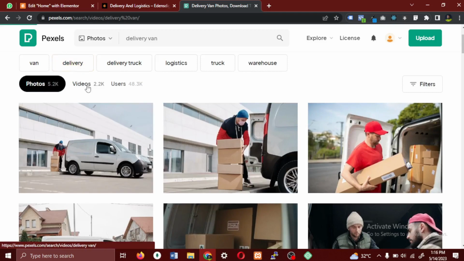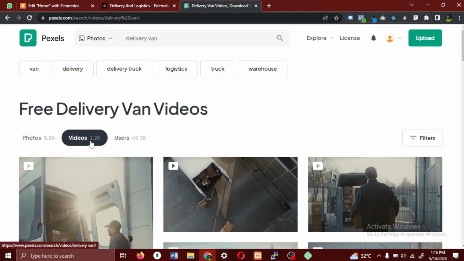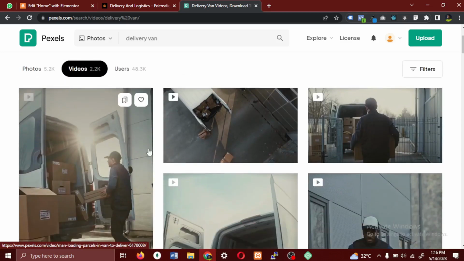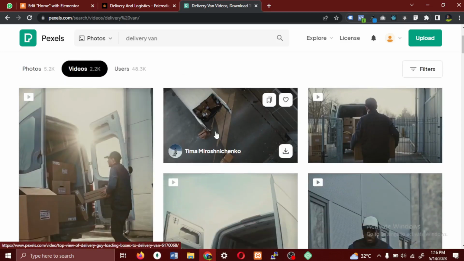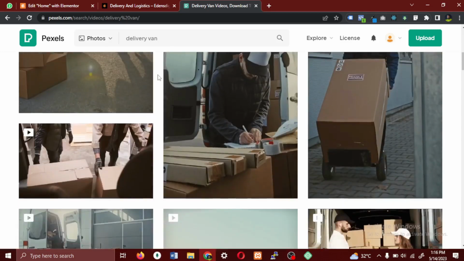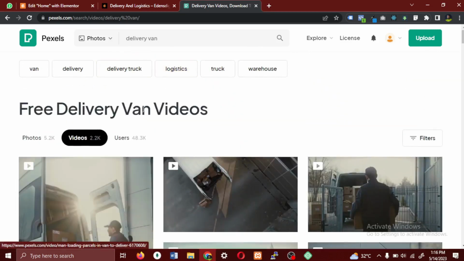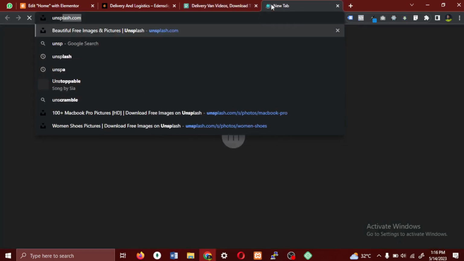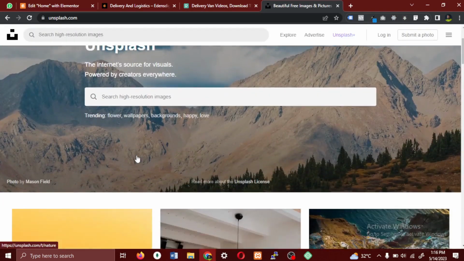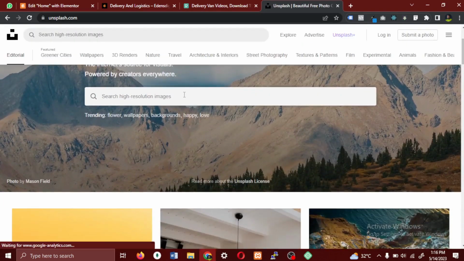It will show you videos, 2,200 results, videos that are related to your search queries, right? And it will show you users as well. Now there's another website that you can use on Unsplash. On unsplash.com, you can also download free images. All right, you can also search